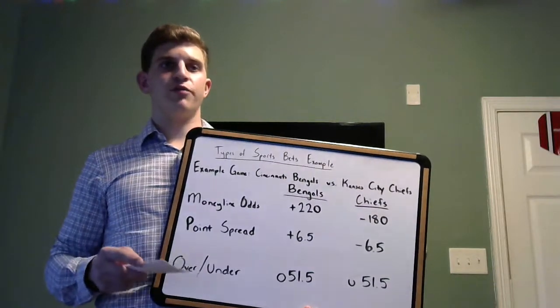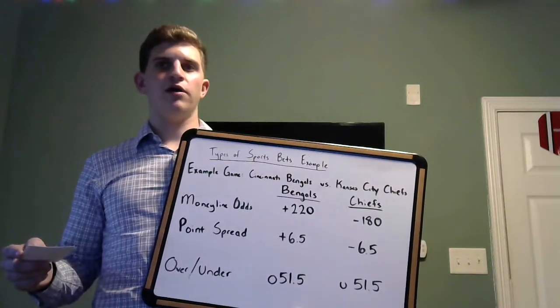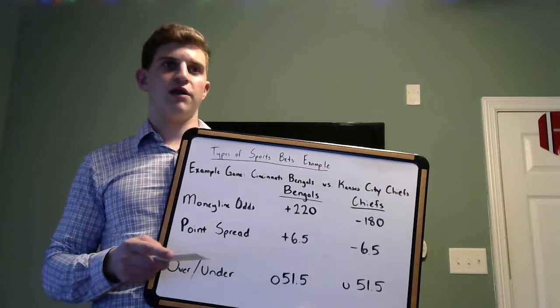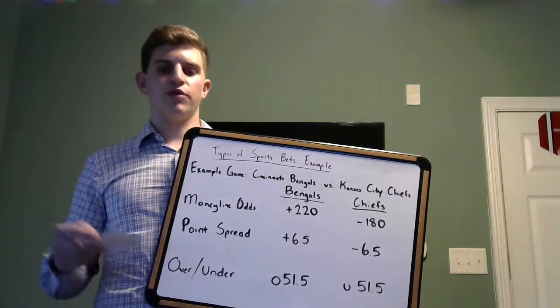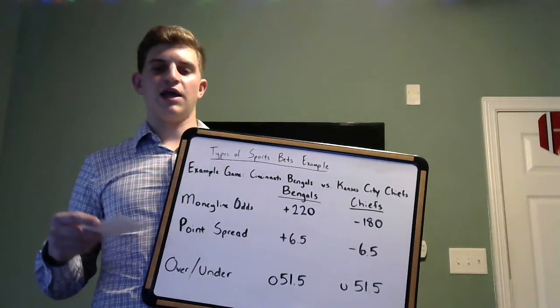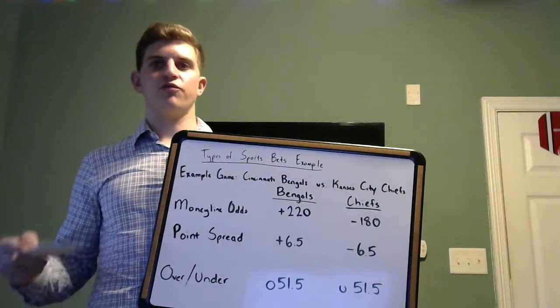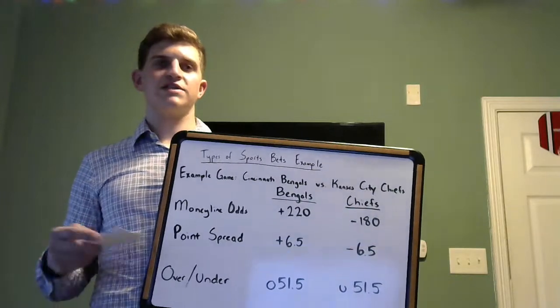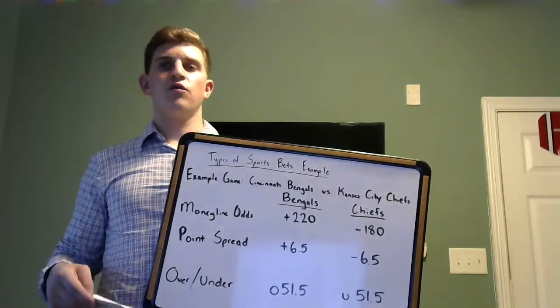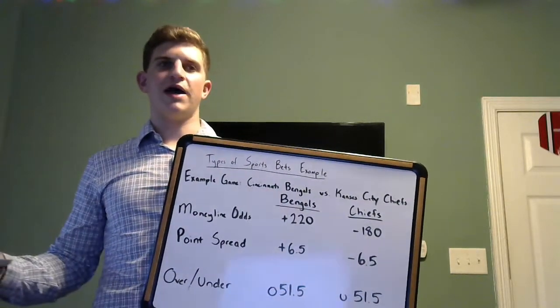Note that point spreads offer a better payout compared to moneyline bets, but that is because you are predicting the outcome, which is a harder bet to predict and has an increased risk associated with it. This is a common theme in sports betting: with increased risk comes increased payout.